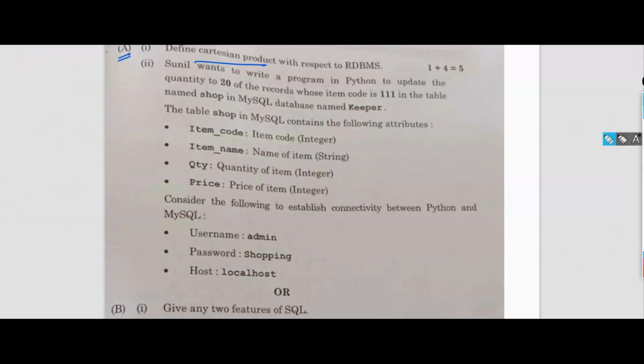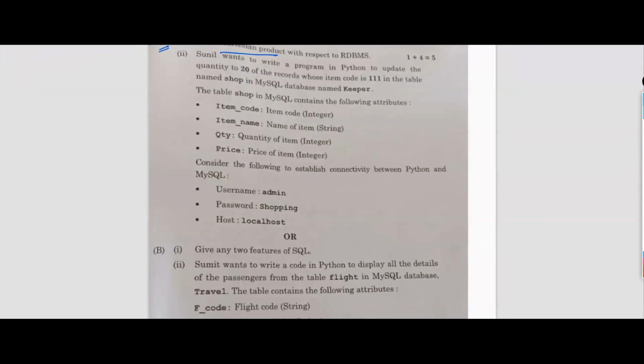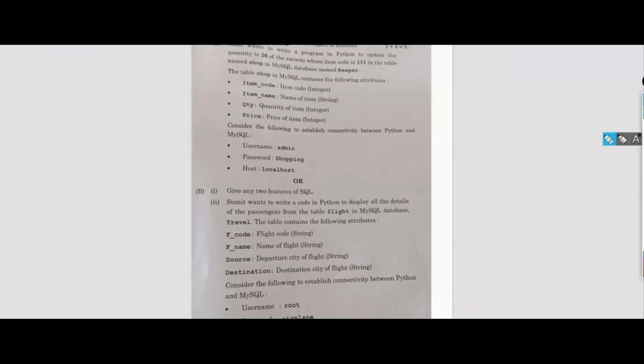So these are very easy questions. So first of all, what you should do, they have given that you should import mysql.connector here, as this is your MySQL database questions. Okay, let us write the program now. Import mysql.connector.